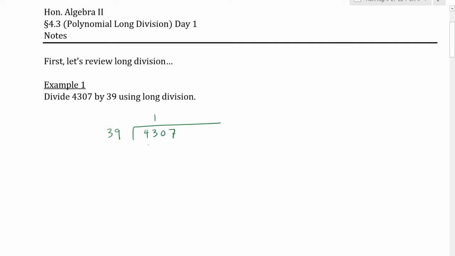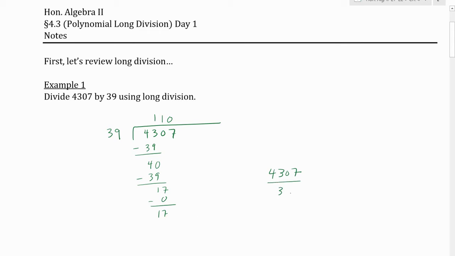So 1 times 39 gets me 39. And then remember, you subtract that, and you bring down the next one. 39 goes into 40 one time. 1 times 39, you subtract that. Bring down the next one. 39 doesn't go into 17. So you put a 0. So we subtract, and then there's nothing left. So